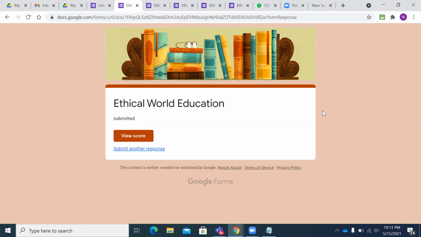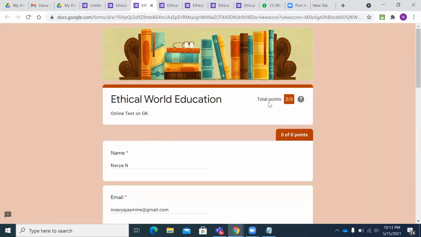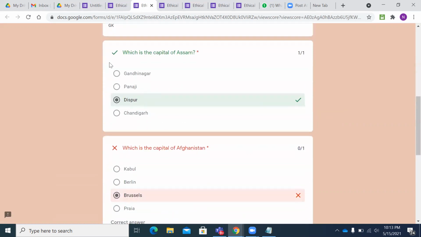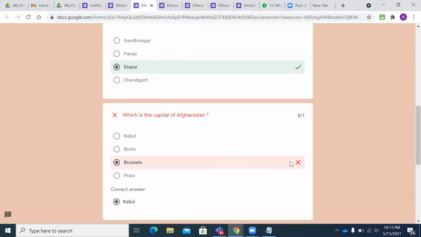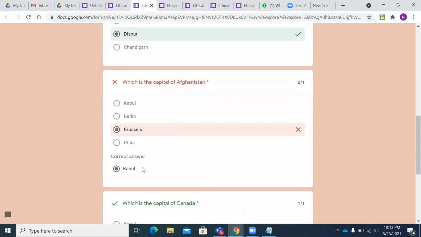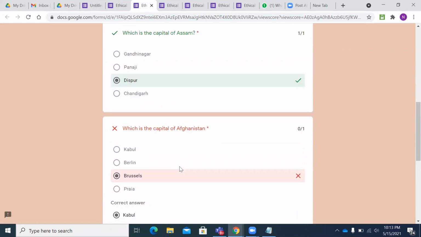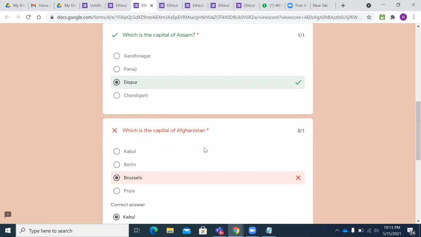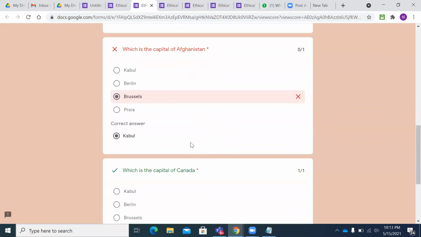In this video, we'll be designing an online quiz where we can view the score details, here the total points out of three questions, two questions are the right questions. And also we can view the wrong questions with the correct answers. These are the wrong questions, where we can see the red cross tick in the red color, and also we can see the correct answers below. For the right answers, it is a right tick, and there is no comment below. Yeah, so let's start designing this form.